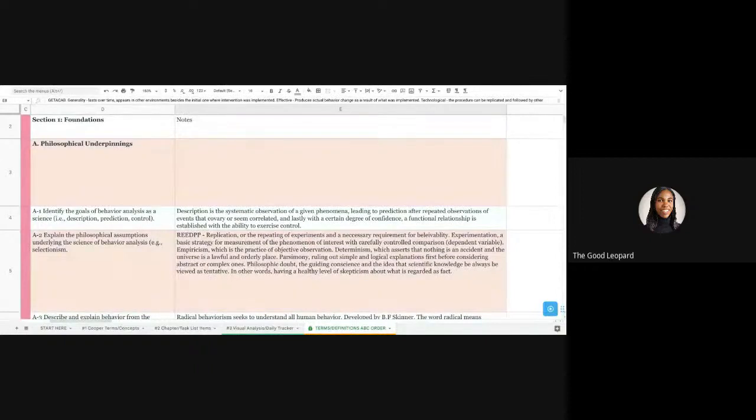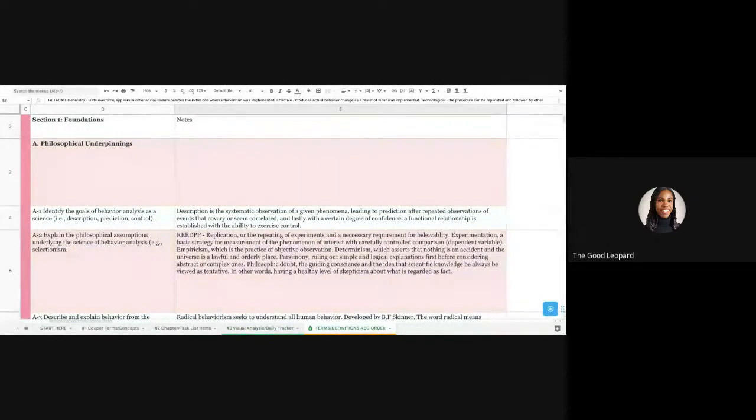So we are going to start from the beginning. I am using my spreadsheet that helped me keep everything in one place. I wouldn't say that it's for everyone, just because not everyone is good at using spreadsheets. But for me, I like it because I can go to different tabs and find definitions. I can see progress of how I'm doing when I check off what chapters I've done and what I feel good about, what I don't feel good about.